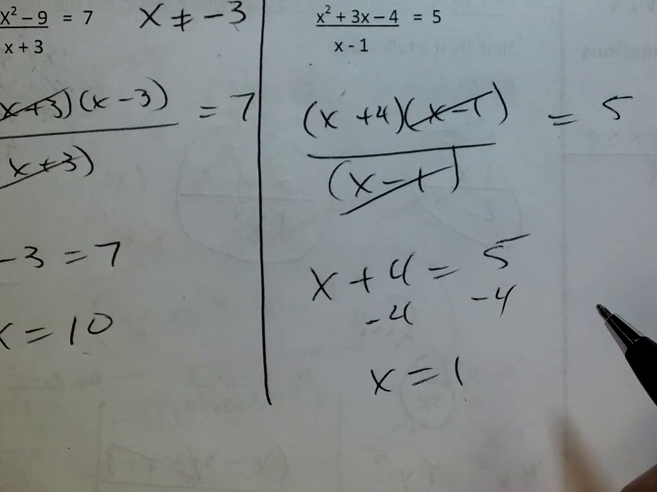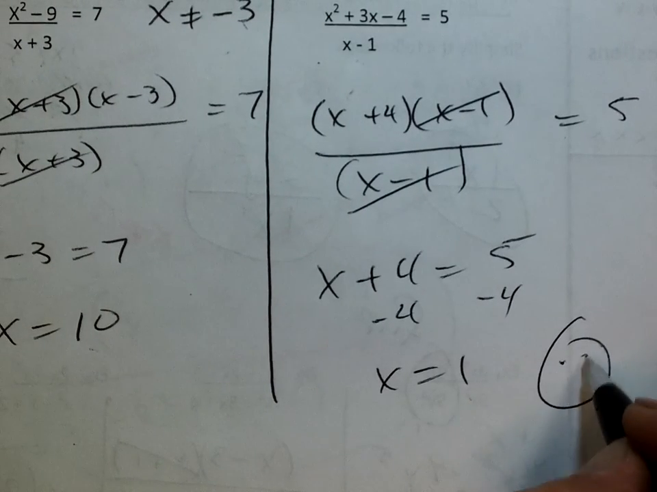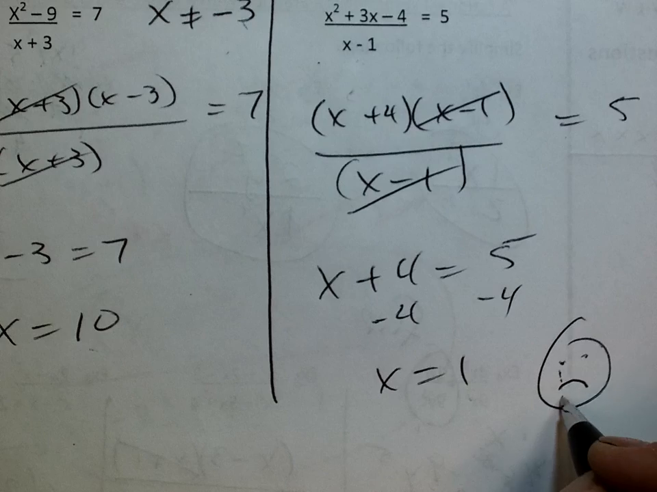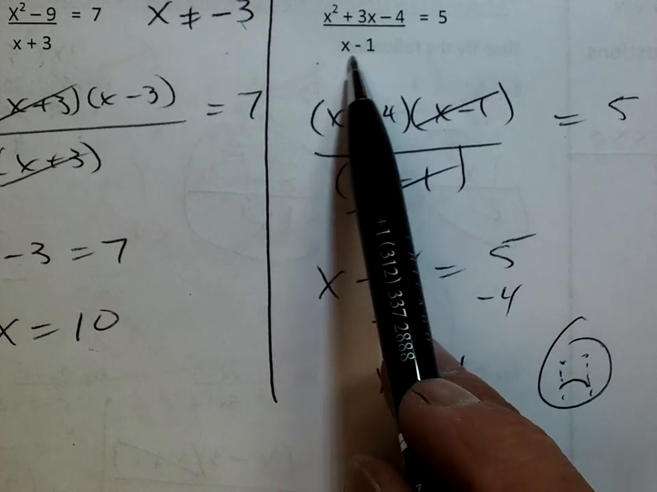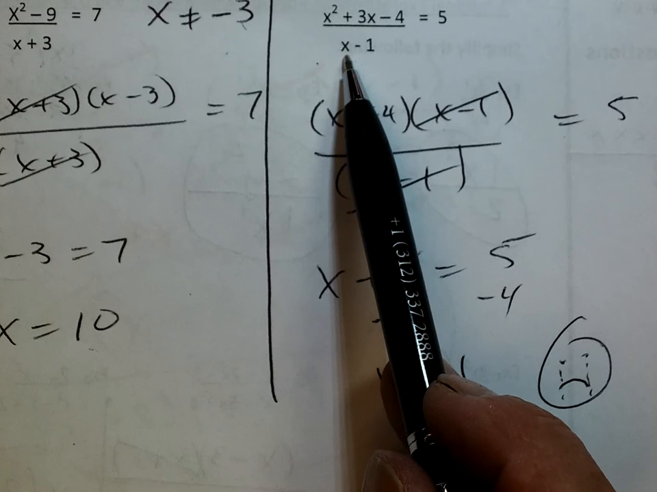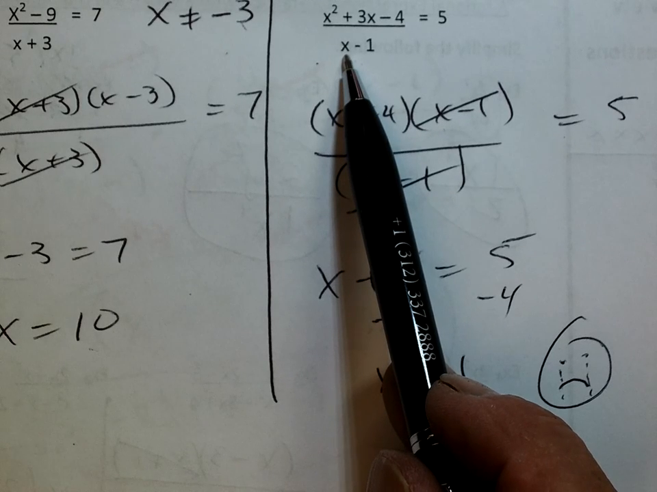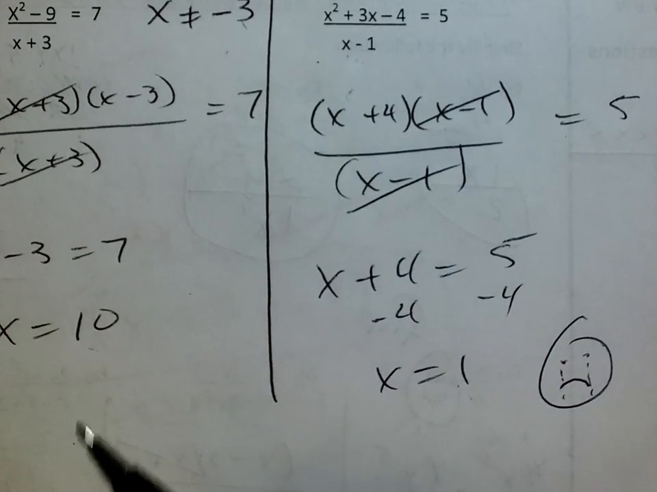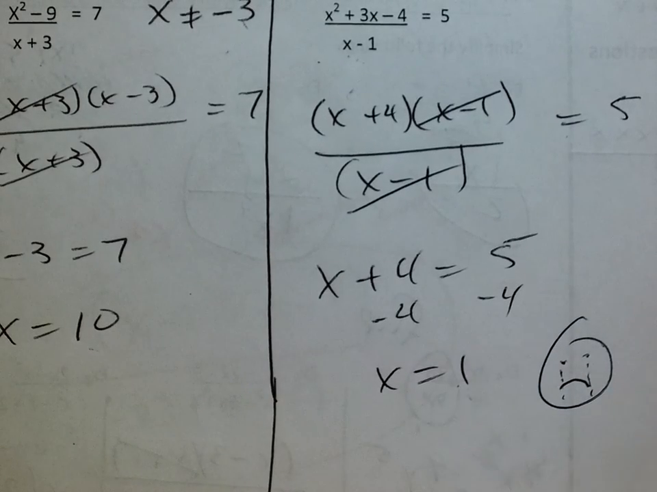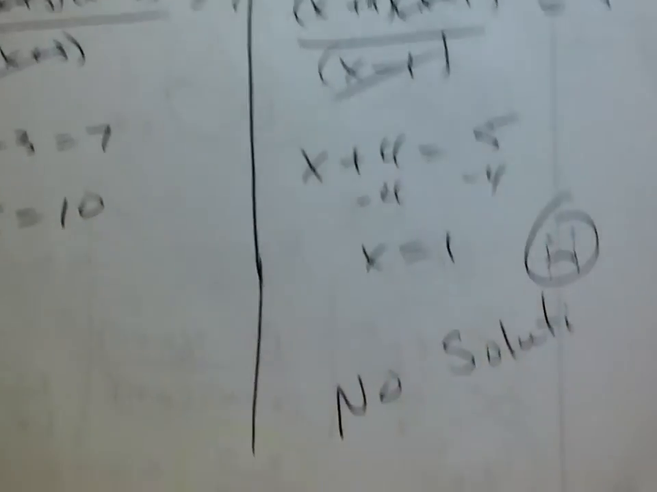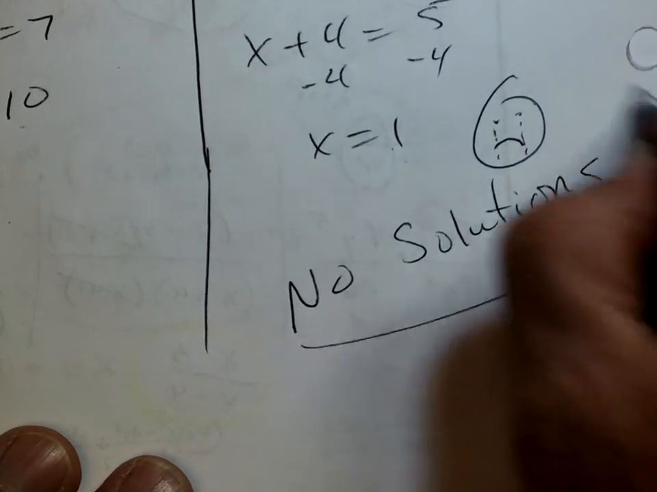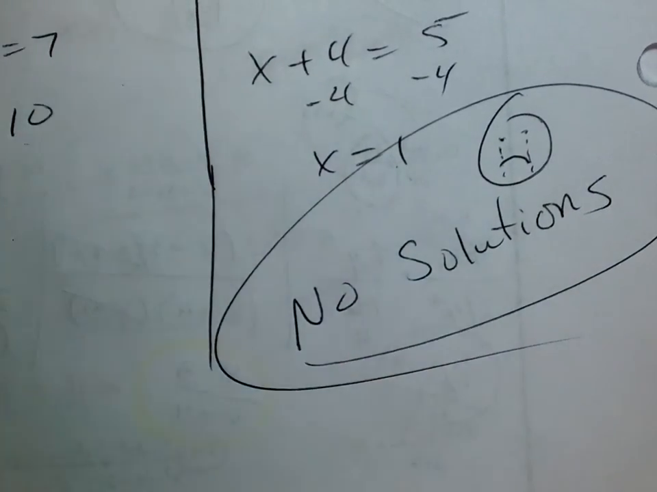Cookie Monster's really sad. Why? Because x cannot equal 1. Let's go back to the original. If x equals 1, what's going to happen? Undefined. We would divide by 0, undefined. So what's our answer? There's none. Undefined. There are no solutions. No solutions. Okay. How's that? Not bad. But before you do any